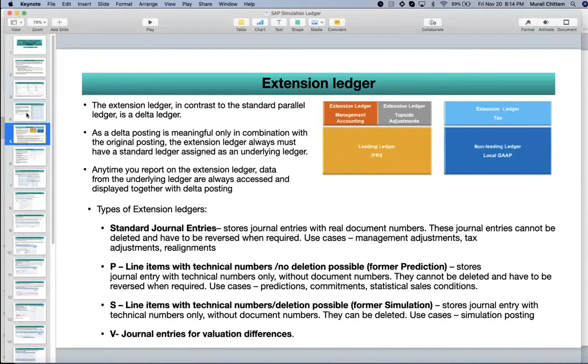So extension ledger is a new concept in S4HANA, and it is similar to a regular ledger, but it is a delta ledger. It won't update for all the values, and there will be an underlying ledger for the extension ledger. There are 4 types of extension ledgers as of now. One is standard journal entries, which will store journal entries in real time, with real document numbers. The journal entries cannot be deleted and have to be reversed when required. It is basically for management adjustment and tax adjustment realignments. Most of the companies will use this